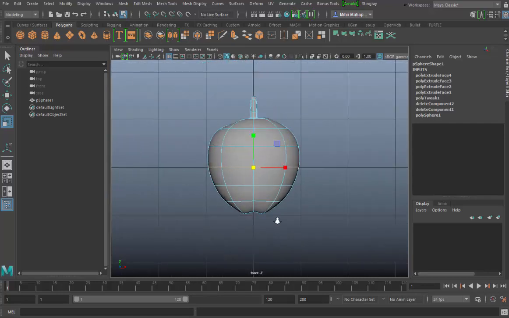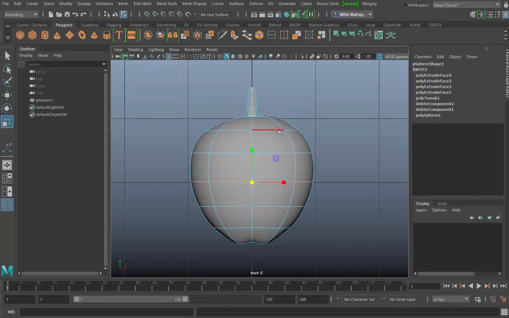And now I kind of got the shape. It's just a little too big in size